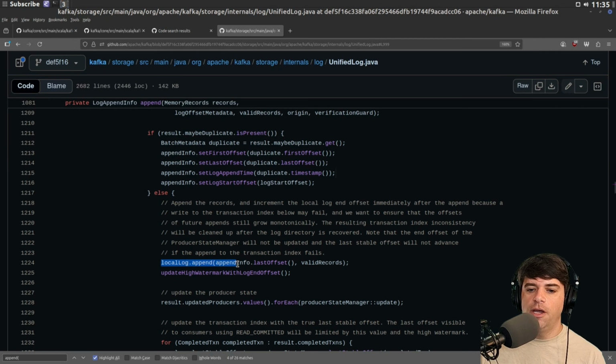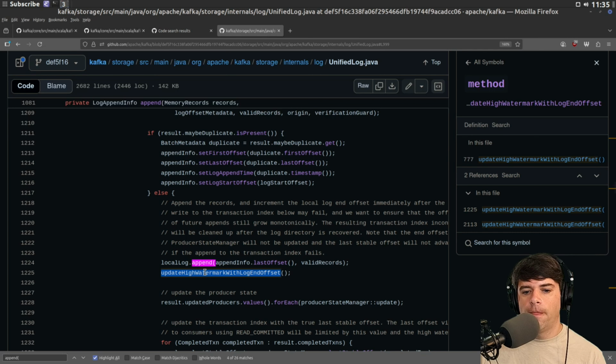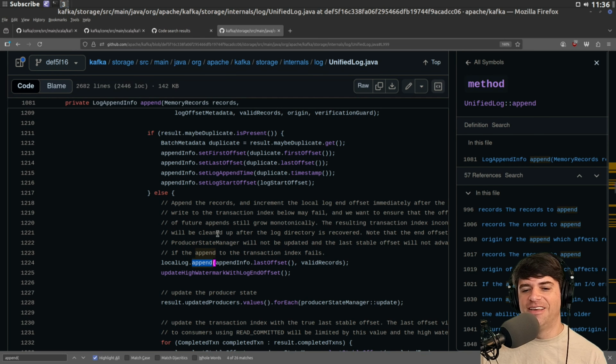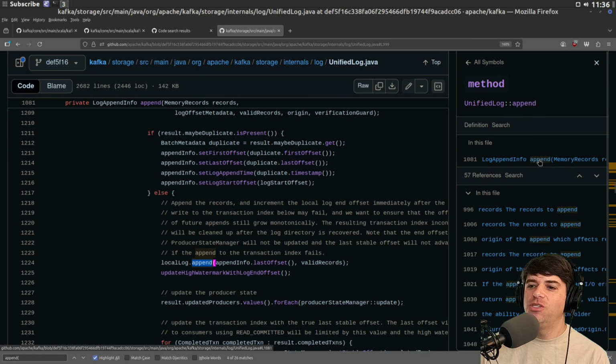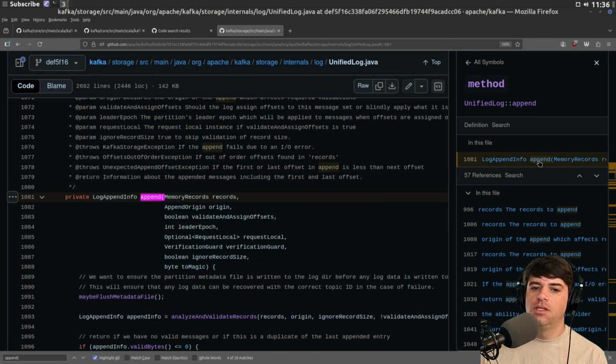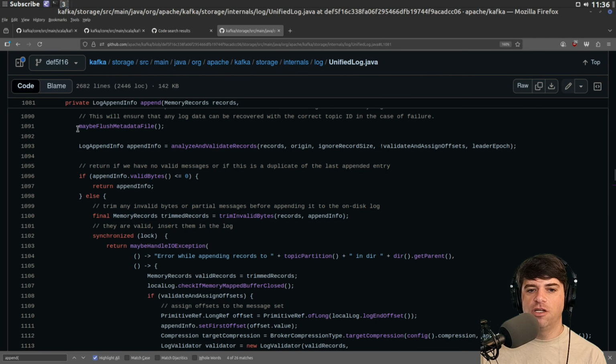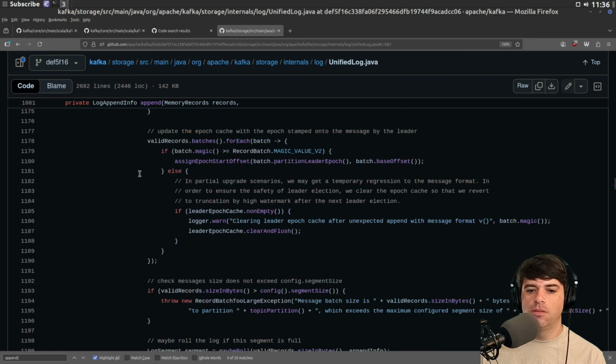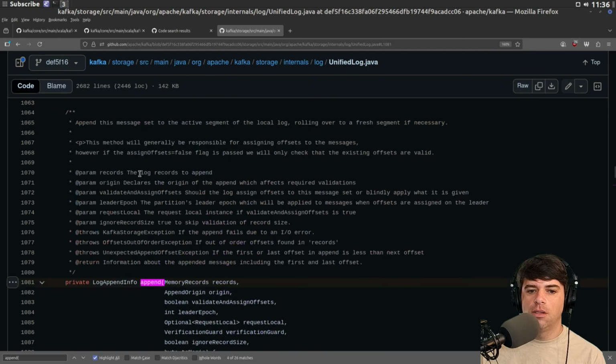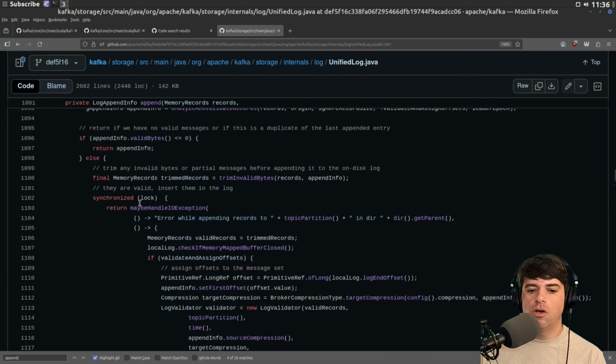Local log dot append, appending for the last offset, valid records. Update high watermark. Okay, so I think this is the actual append, which is maybe here. Append. So I think that when we call this, we've done all of the validation stuff. We're going to call maybe flush metadata file. No. This is where we just were. But maybe now we're calling it with